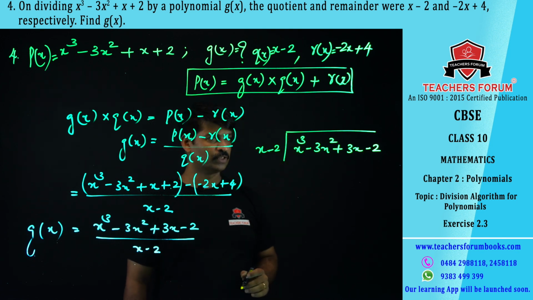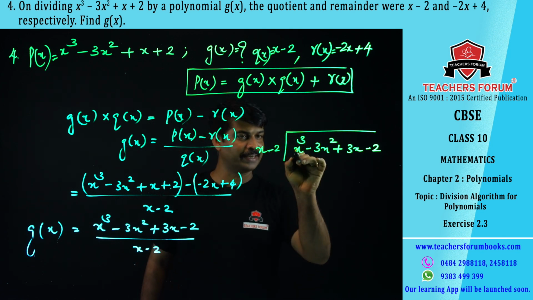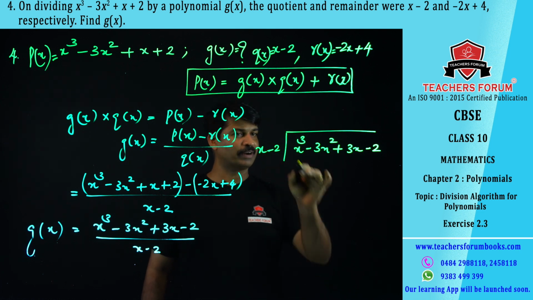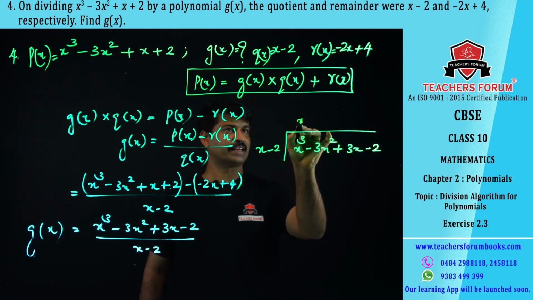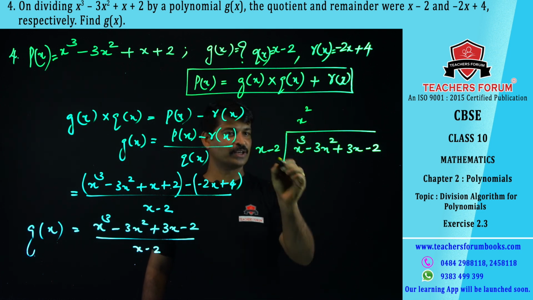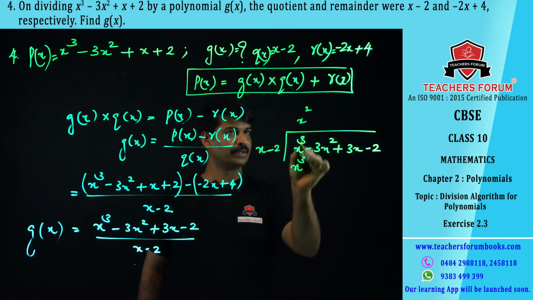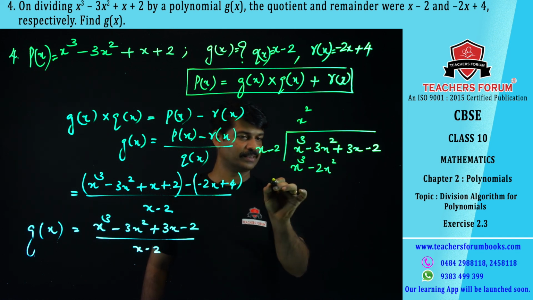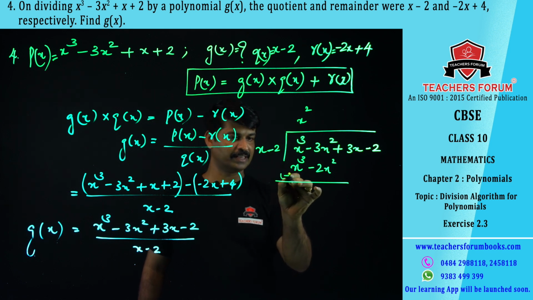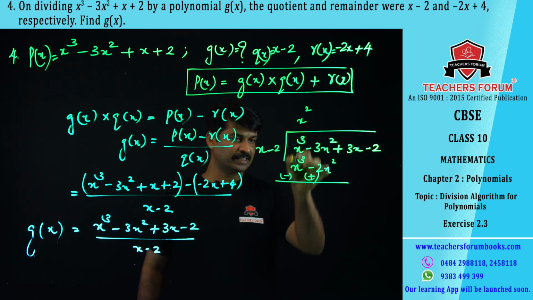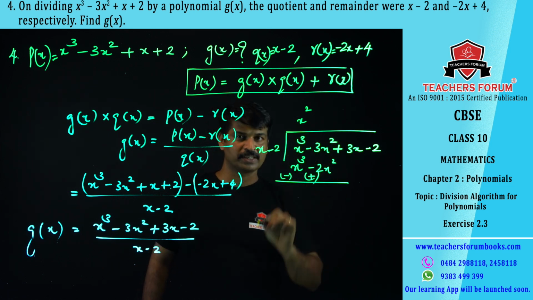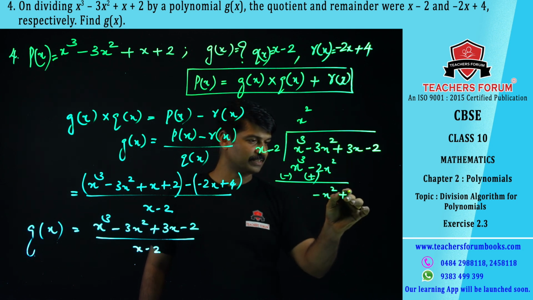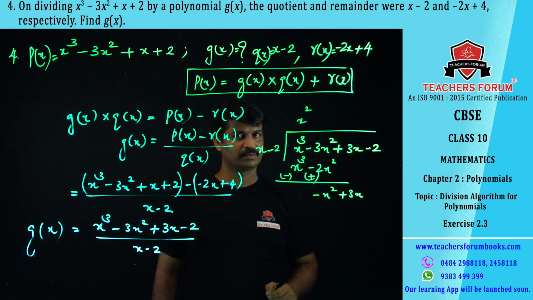So it is right. It is also in the standard form. Let us start dividing. So how to divide? You have to divide x cube by x to get the first term of quotient, isn't it? So what is x cube by x? X square. So x square into x, x cube. X square into minus 2, minus 2x square. Subtract. It will become minus, change the symbol and you can add. It gets 0. Minus 3x square plus 2x square. Minus x square plus 3x. Bring the 3x down. Clear?